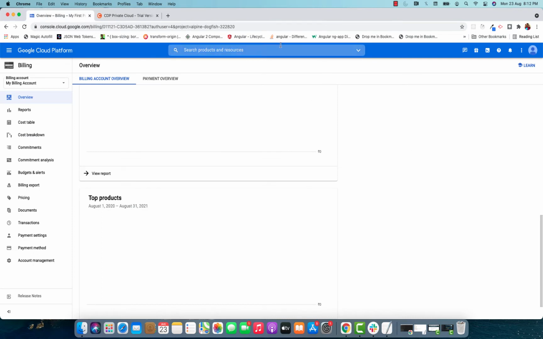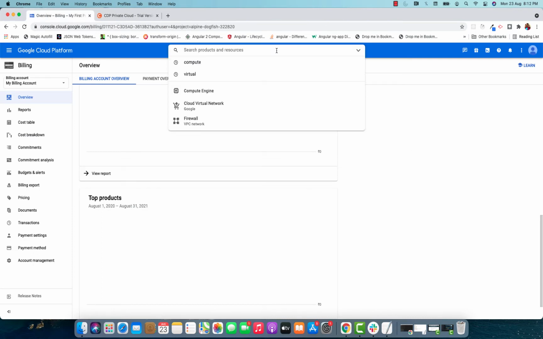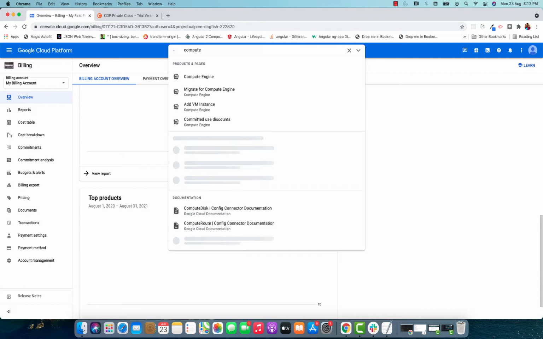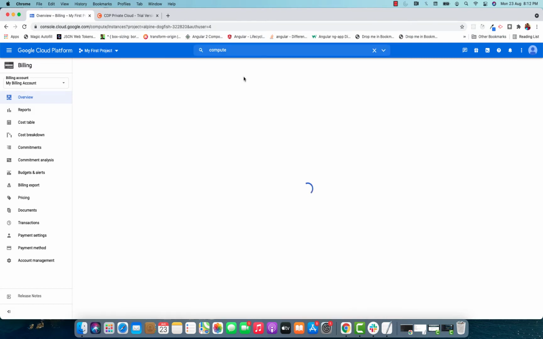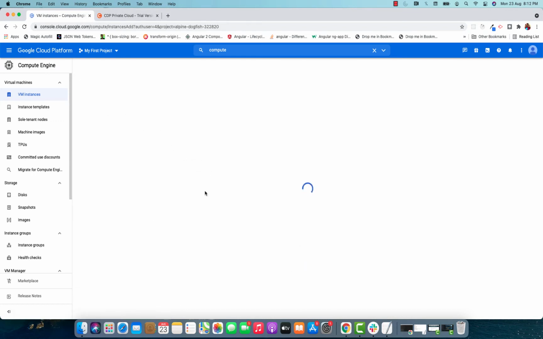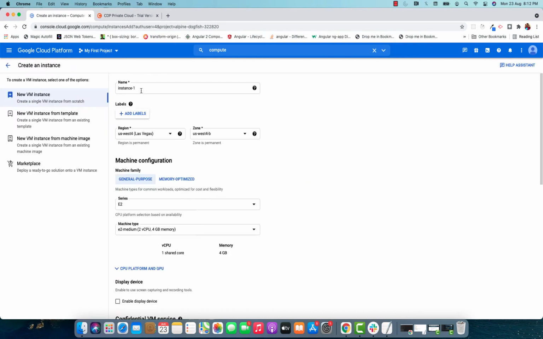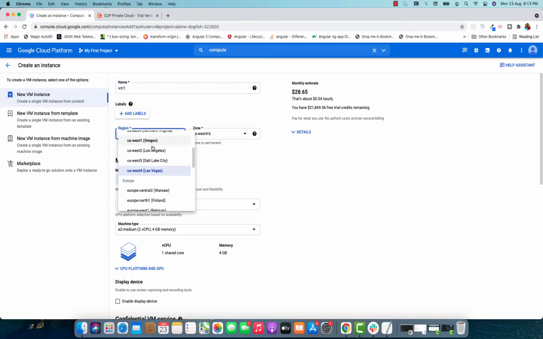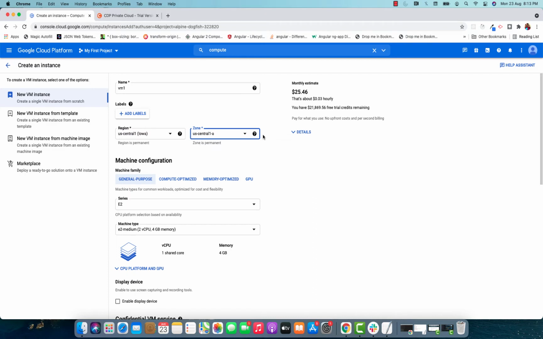So this is my GCP console, and let's go to the compute section. In the compute section we will have an option to create an instance. Yeah, so we are in the compute engine section, and let's click on create instance, and let me give this machine a name, VM1, and let's create this machine in US Central 1 and select any of the zones,